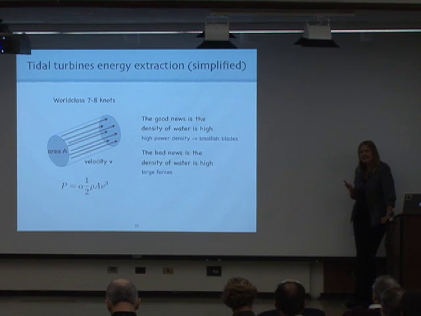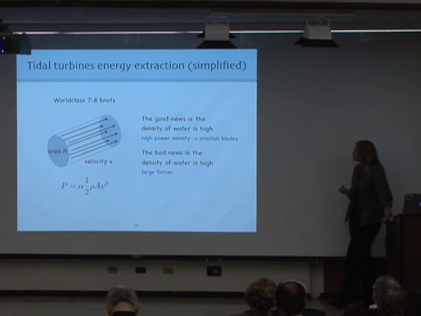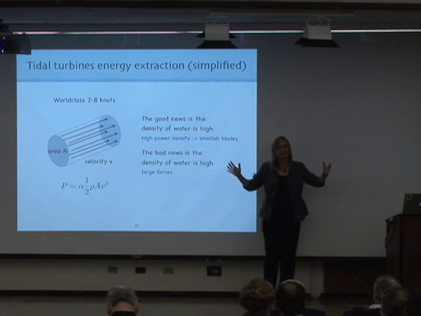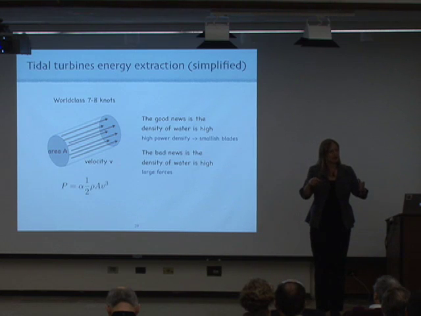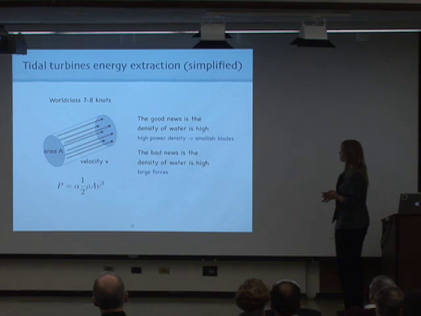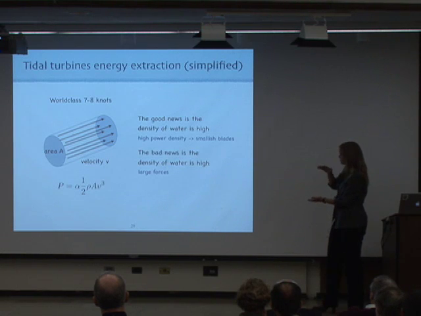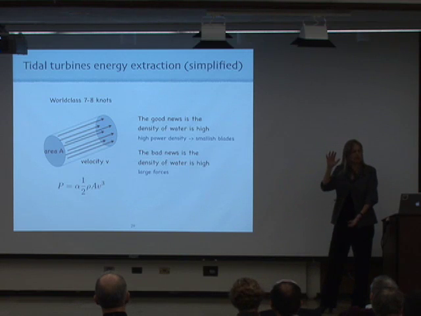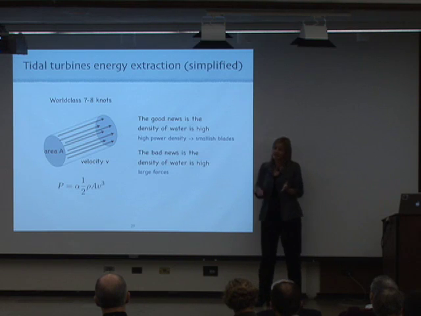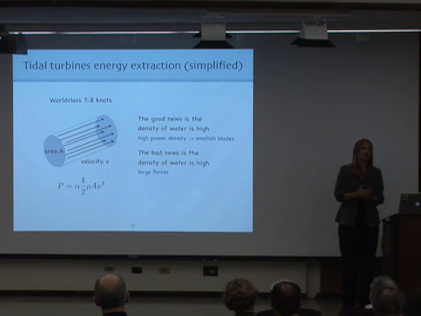That's enormous, thinking about a density of water being very, very high. So the good news is the density of water is high, so the energy density here is really, really large. That also means that you don't have to go to very large blades, which you don't want underwater anyway, because then you have some problems with fish and other types of creatures there. So most of the designs, the blades are about 10 meters, not 100 meters or so, which you have in the big wind turbines, and you get the same type of power out of it. The bad news is the density of water is high, because there's tremendously large forces.